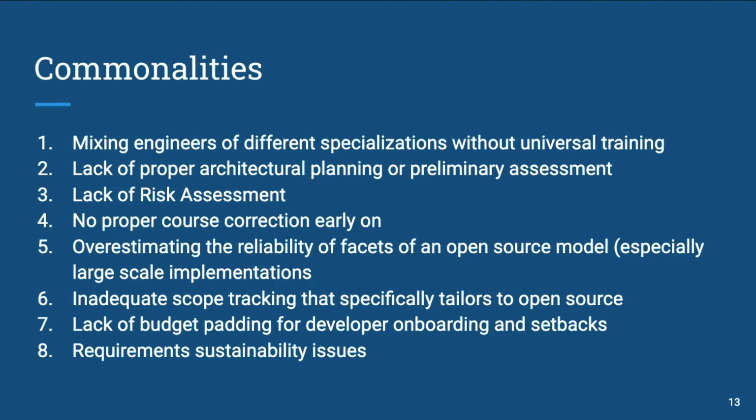Inadequate scope tracking that specifically tailors to open source was another big issue. Lack of budget padding for developers, for onboarding and setbacks. So making budgets that assume the best case scenario is a bad idea in general. And I understand there's constraints around sales and getting a sale, but it's also just better to admit that we underbid than trying to force a round peg into a square hole. About the scope tracking, we want to make it so that scope tracking tailors to an open source environment. It should not necessarily tailor to just generic